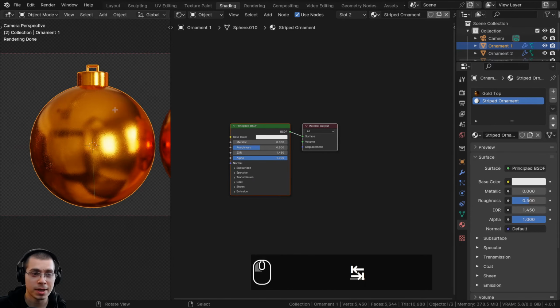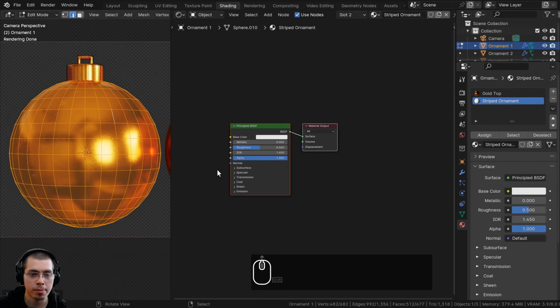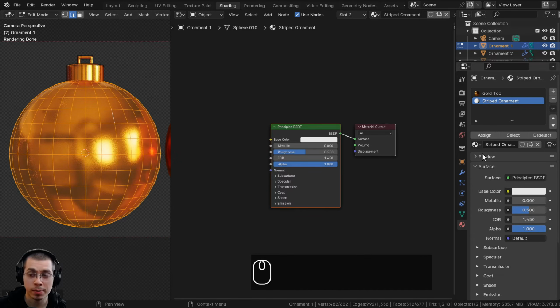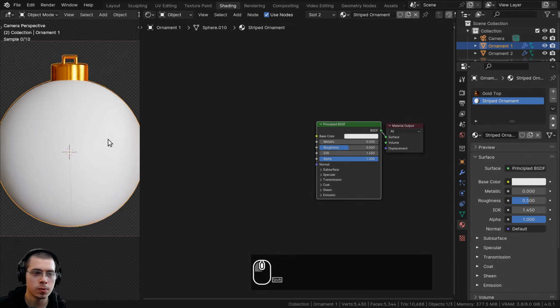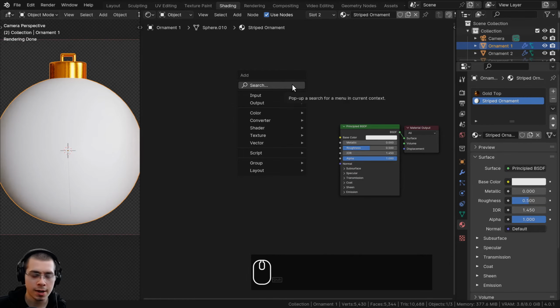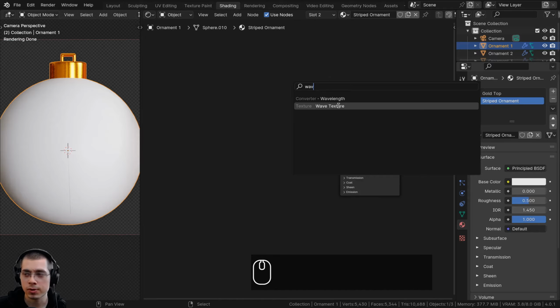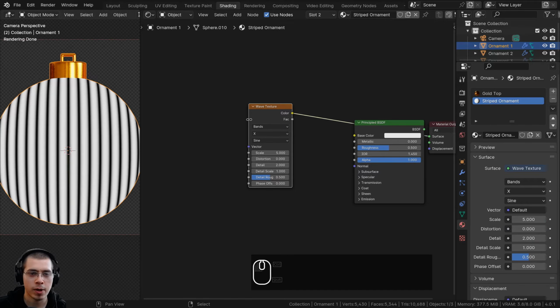And then if I hit the tab key to go into the node group, I need to press the L key with my mouse hovered over the main object, and then with the striped ornament selected, I will click on the assign button. Alright, so hit the tab key to go back into the node group, and we can now create this procedural material as well. So I'm going to press Shift A, and I'm going to go to the search, and I'm going to search for a wave texture. Let's drop this here, and I can Control Shift and select the wave texture to preview